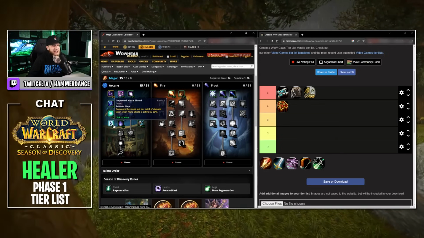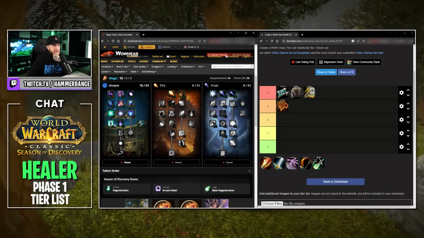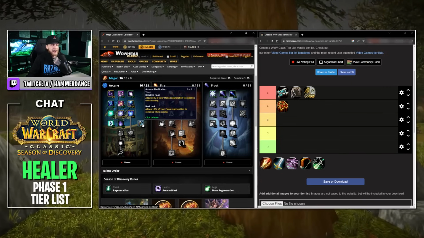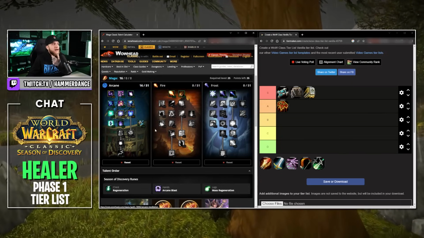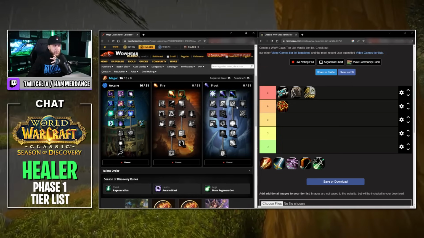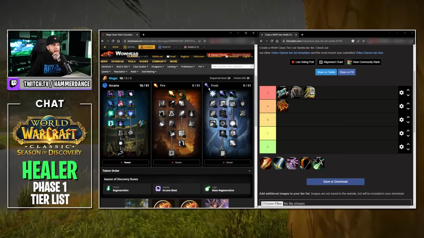We can get Improved Mana Shield, which we shouldn't really be taking that much damage as a healer. And I think Arcane Meditation is going to be the play here. Allows 5% of your mana regeneration to continue while casting. So this would be my build if I was going for a mage healer build at level 25